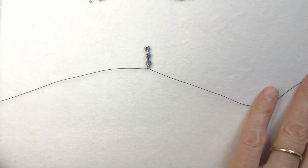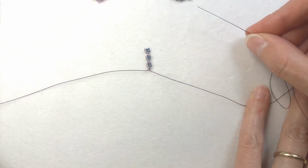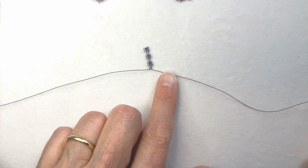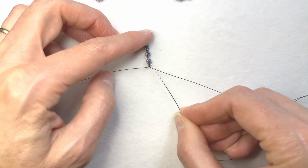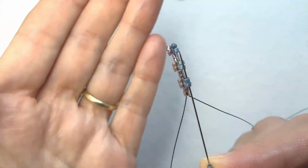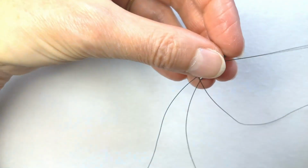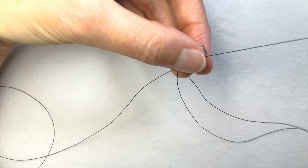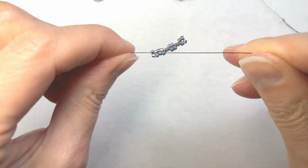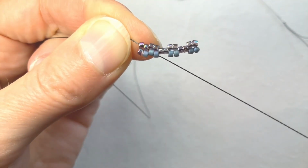Oops, sorry about that. Loud paper noise. So we'll pick up 1A and one of the B. And now we have these up beads to go back through. So just bring your needle through those 2 beads there. I'm going to pull that through. And if you pull on the tail and the side you're working, it'll pop right into place for you